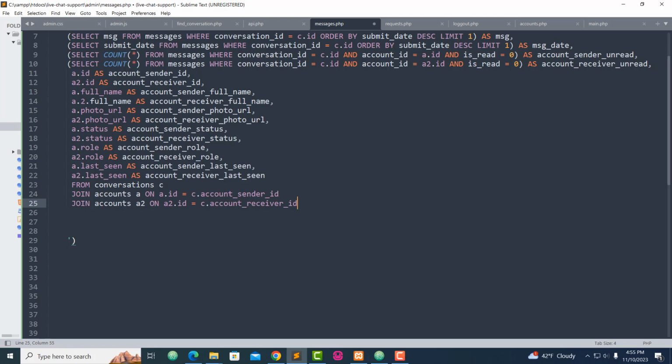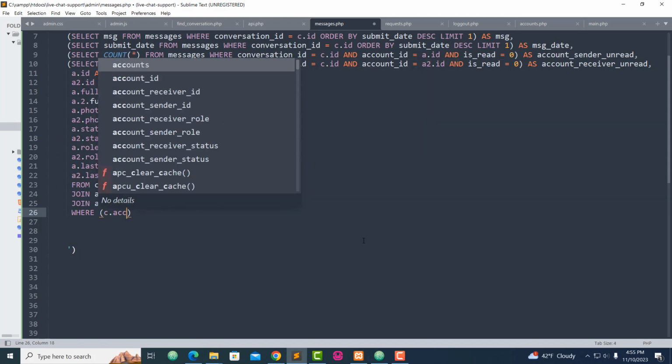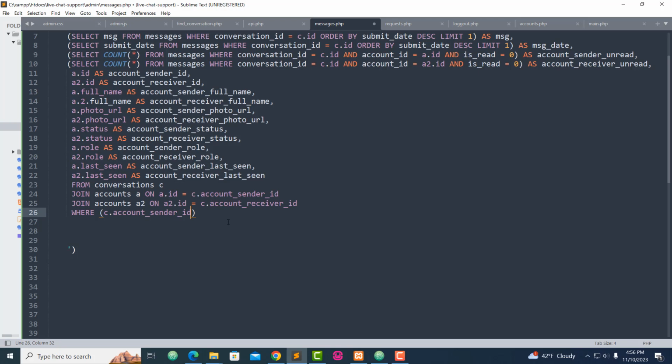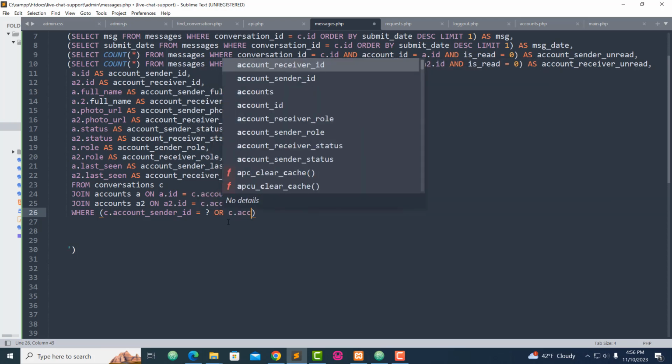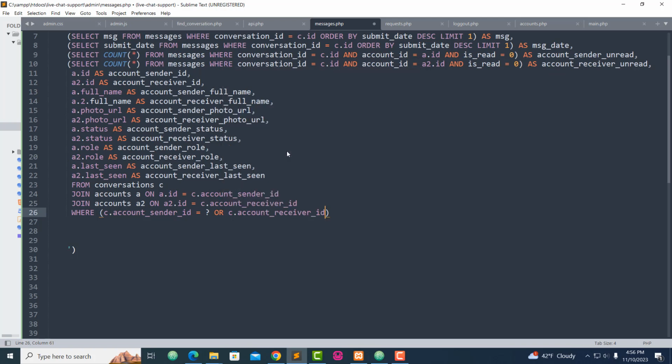Now after joining everything from the conversation and joining these two accounts, sender and receiver, I have to say where exactly. This is where I'm going to come with the where clause here. Where C that account sender ID, question mark, or C that account receiver ID, question mark,